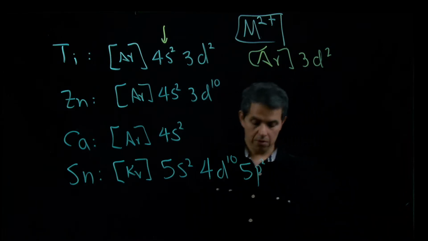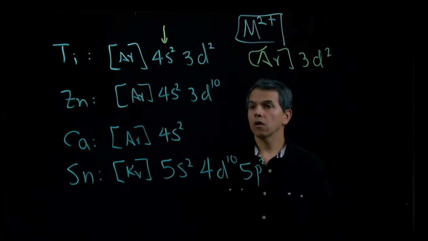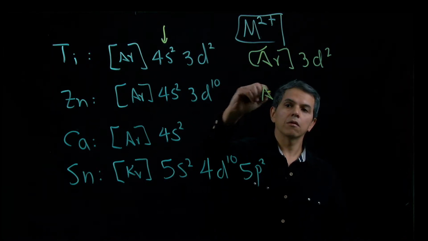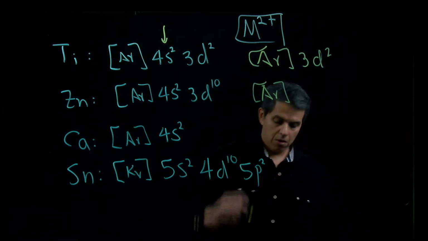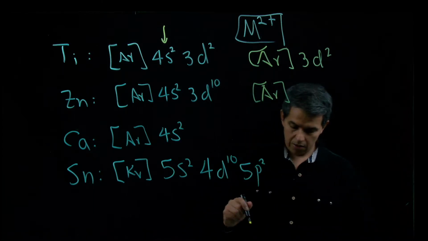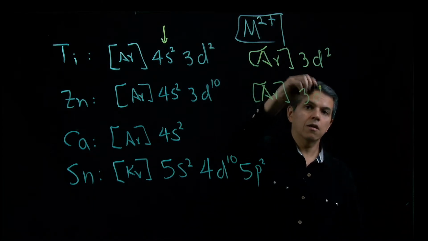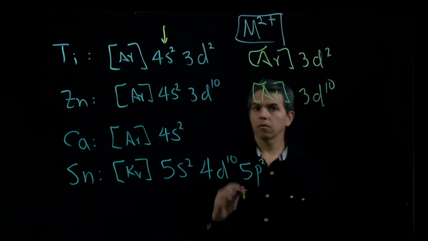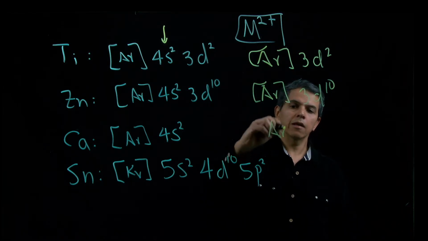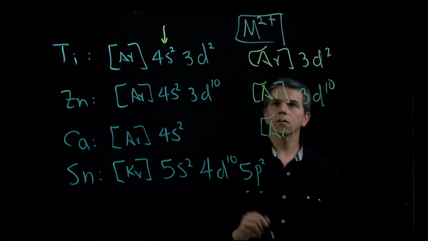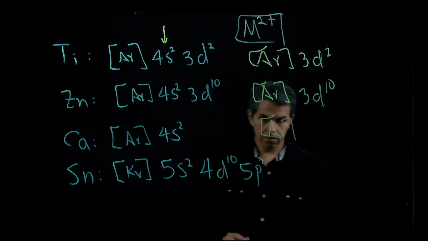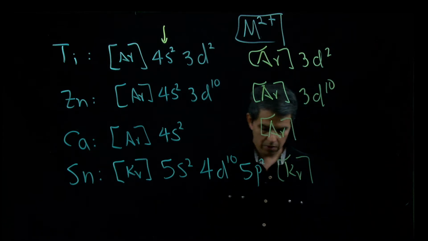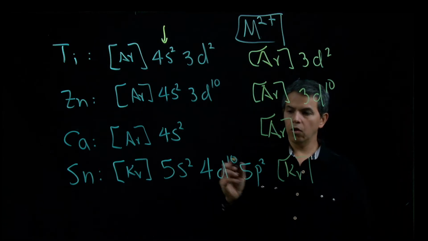For zinc, we want to have that of argon and 3d10. For calcium, that electronic configuration of argon, and for tin, the electronic configuration of krypton, and we are going to be losing,